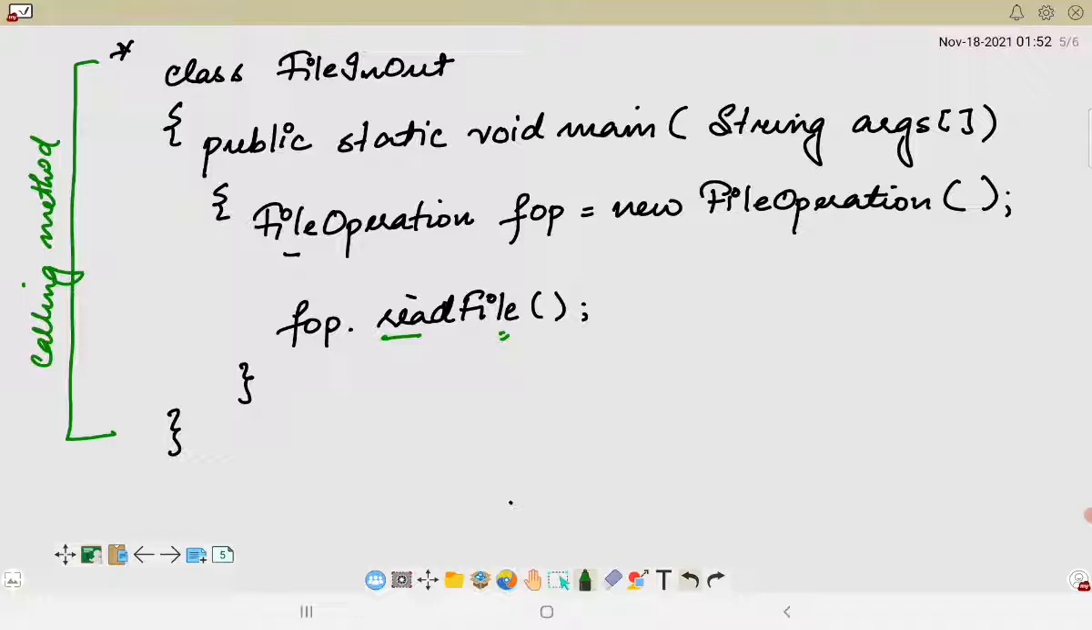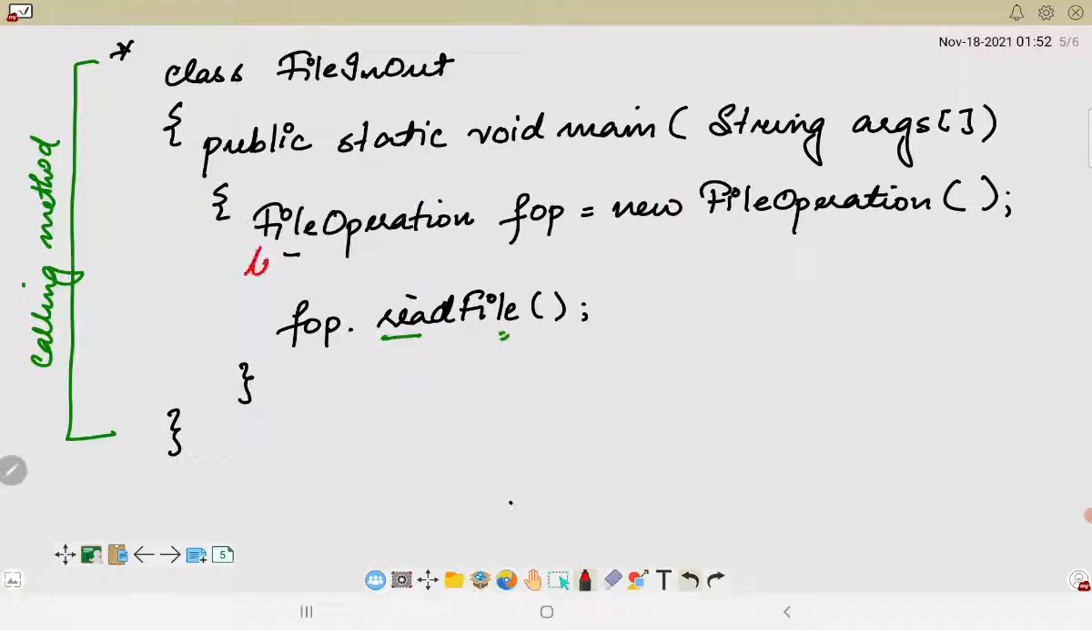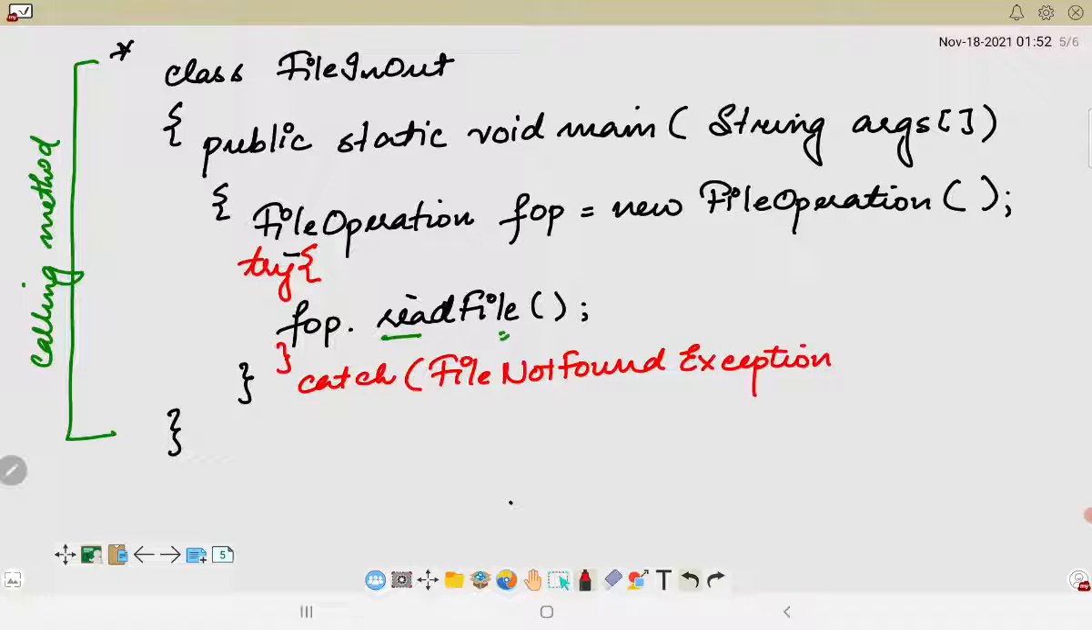Now how do I handle this exception? Handling exception is very simple. It follows the traditional approach where I will be using the try and catch block. So here I will be using try, followed by the catch block. In the catch, I have the FileNotFoundException, followed by the reference variable e, and let us simply print e dot printStackTrace,